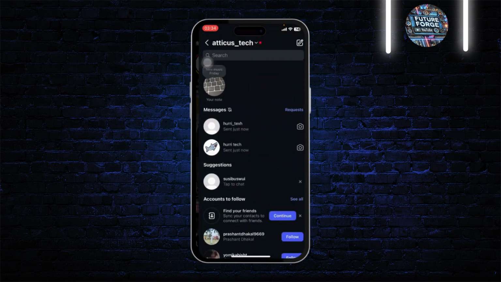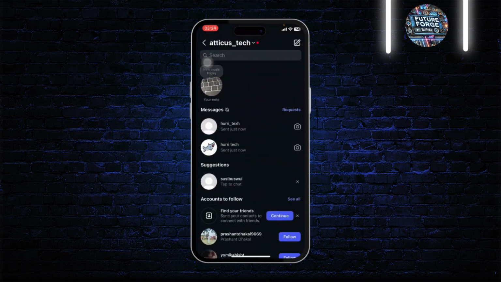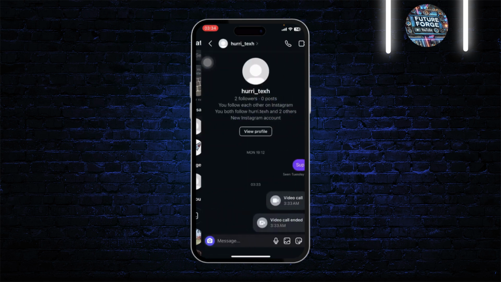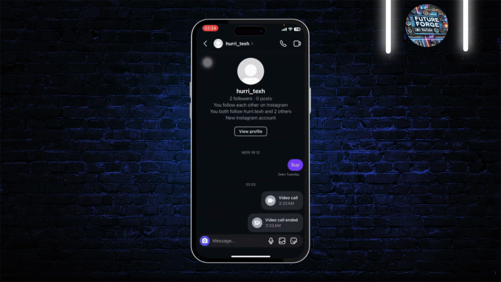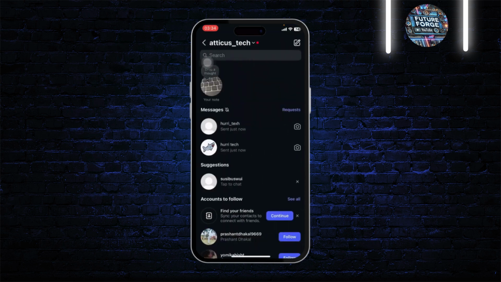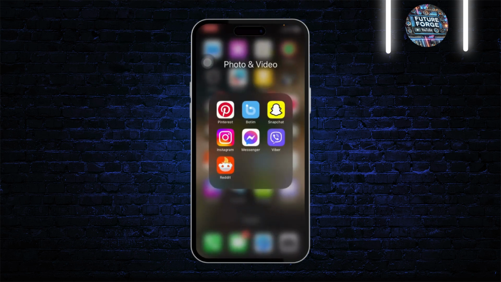Now, under Instagram, there is no particular feature where you can check your Instagram's call history. The only thing you can do is open up your text or the DMs where you have called and check the history there. Now you can go through each and every one of them, or the other way is if